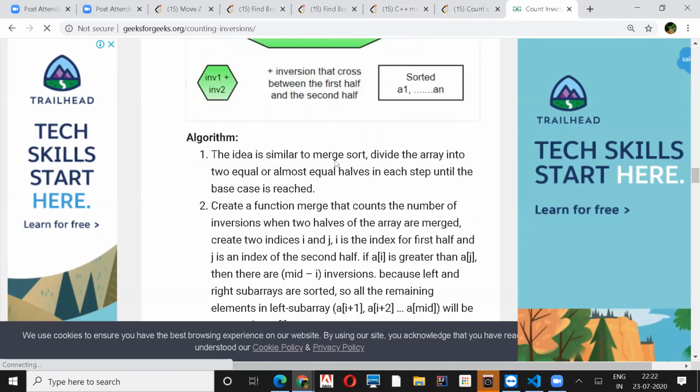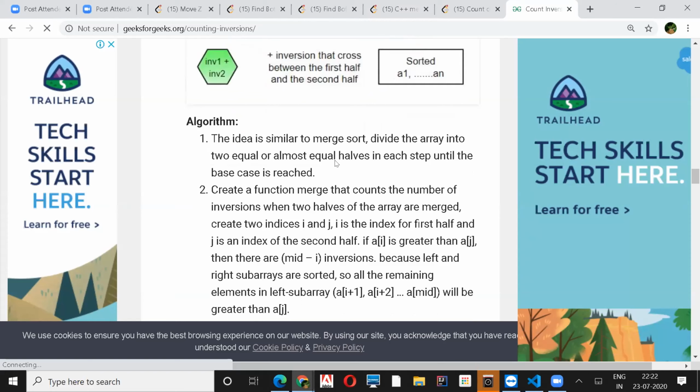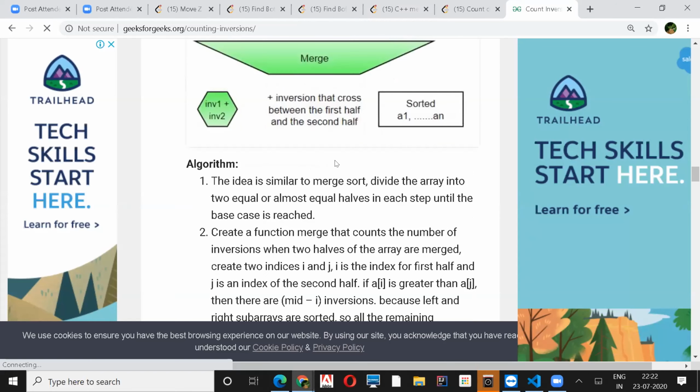In this problem also we divide the array into two parts, and while combining we count the inversions. When the entire array gets broken into single elements, then while merging you check whether your next element is smaller than this or not. But there is a slight variation: if you are merging one element, then it is easy. But if you are merging two or more elements, then we have to take care of the first array and second array.